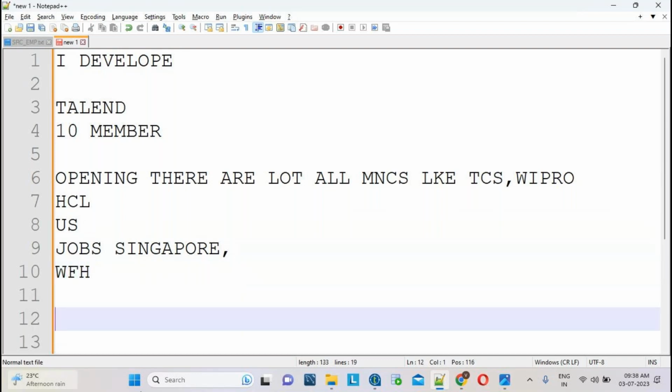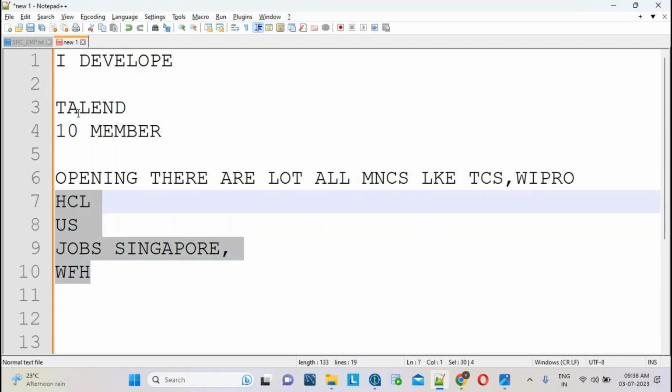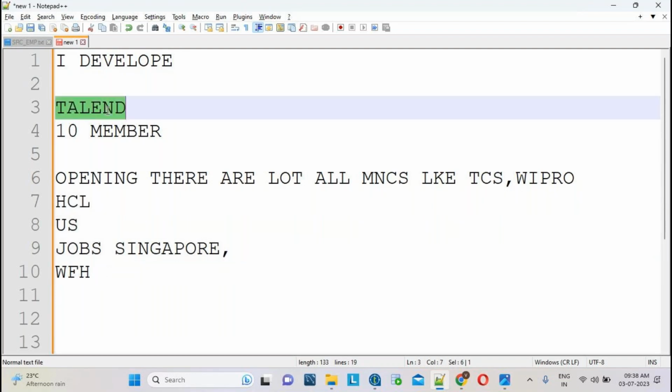The market side is very good for the Talend ETL tool. If you learn Talend, some people are not aware of the Talend name itself. So many people don't know this technology name. That's why fewer people are learning it, and those who are learning it get jobs easily because the competition is very less. That's why if you learn Talend, you will get a job easily.